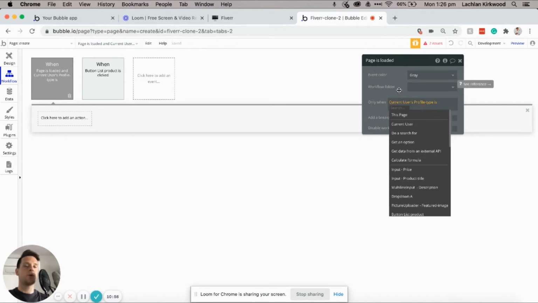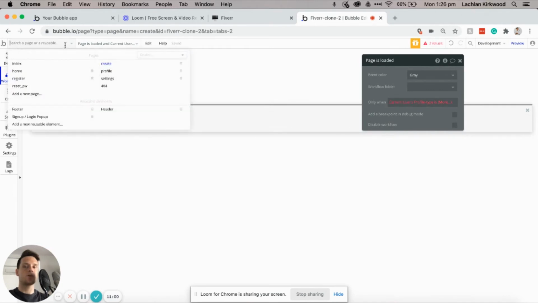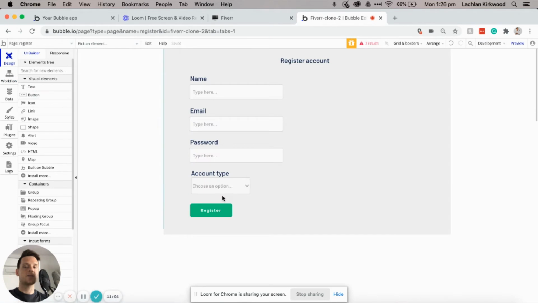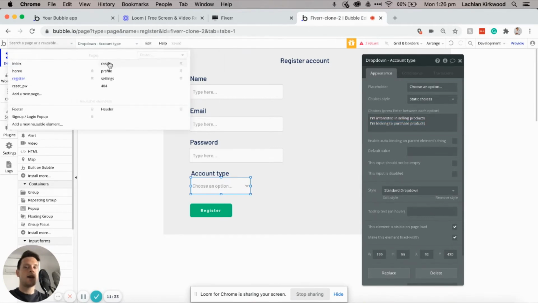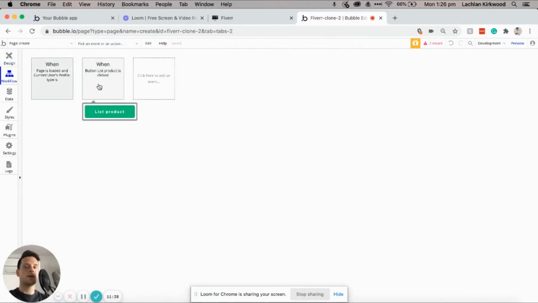And what I just want to point out is that this text is case sensitive. So we need to go to our initial drop-down menu that a user has selected from with their account type, and we're going to need to copy this text over so it matches the exact profile type that a user selected. So in this case, we're going to copy when a user has selected that they're looking to purchase products, not sell products. And then on our create page, jump back into the workflow editor